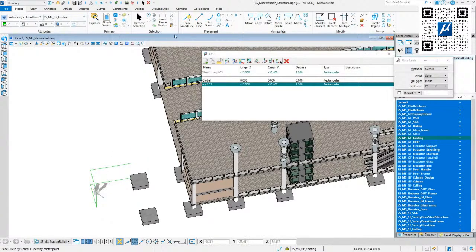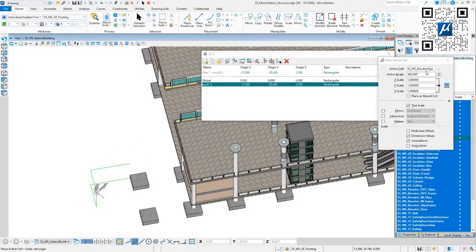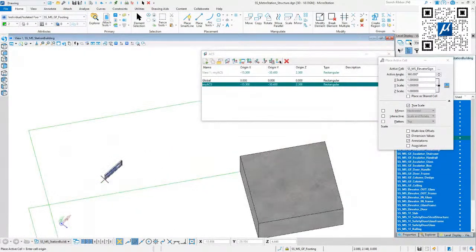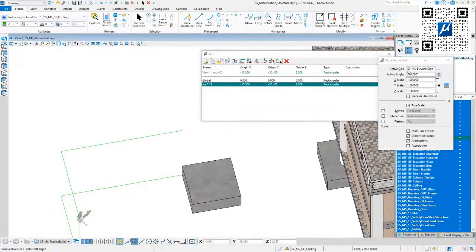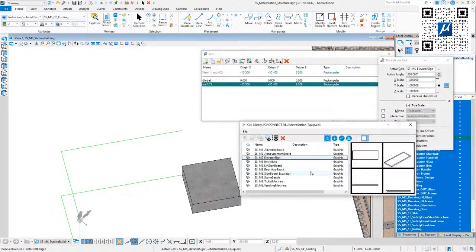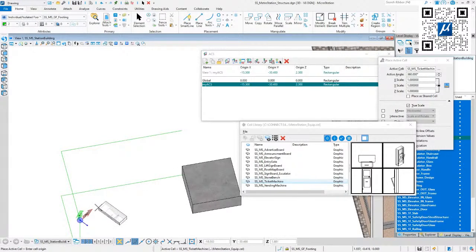And also the cells will be placed in this direction. So if I place a cell again, now you can see that the signboard is now in this rotation. And let's change the cell a little bit, maybe something more interesting. A ticket machine, maybe. That's a ticket machine, and double click. And the ticket machine will now be placed in